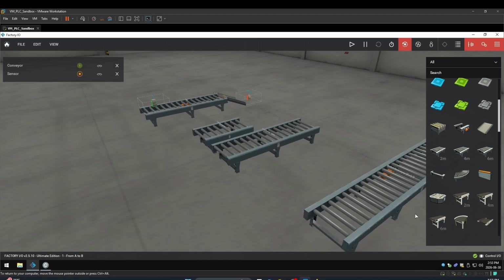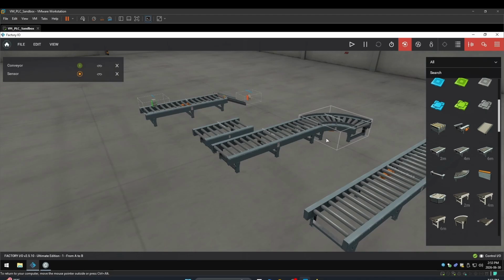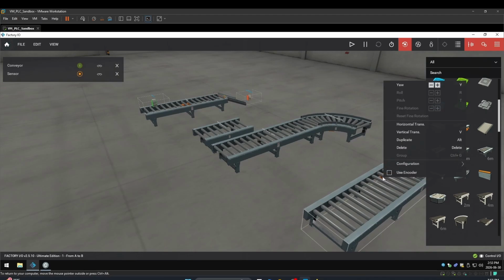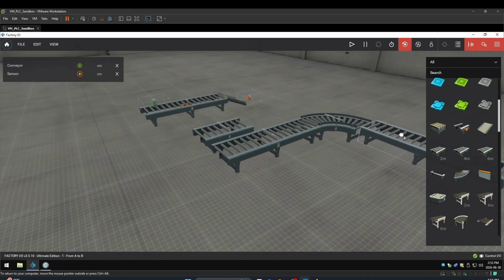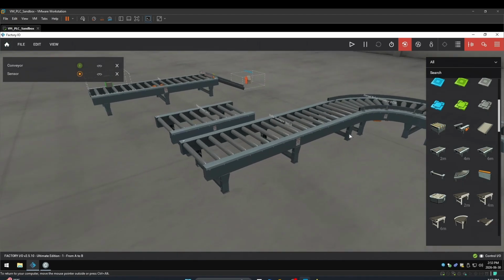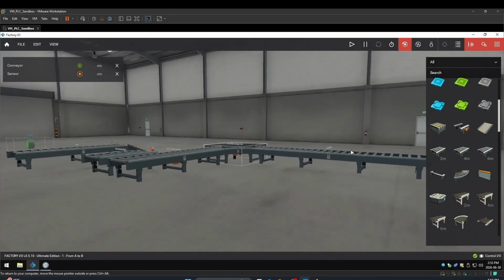Okay. We also, as we said, have curved roller conveyors, so we can drop them in line with these. Here, let's move this one this way, and then we can line it up. Excellent. Are they actually lined up? Let's see. Yeah, it looks good. So different